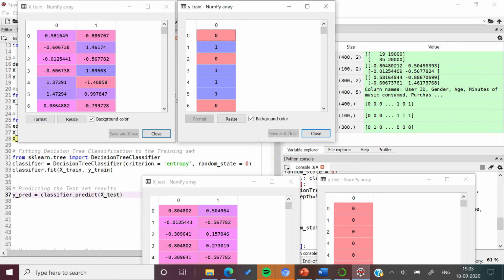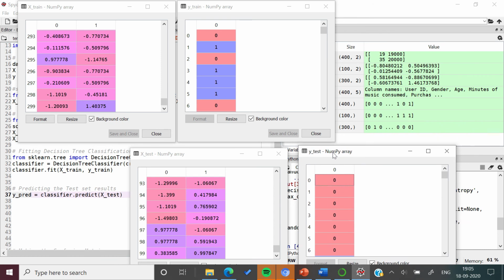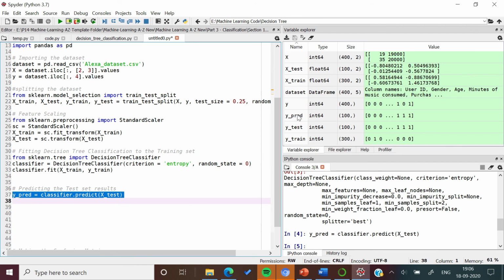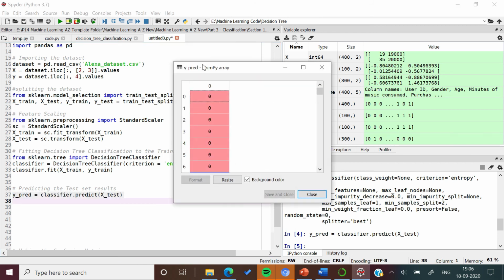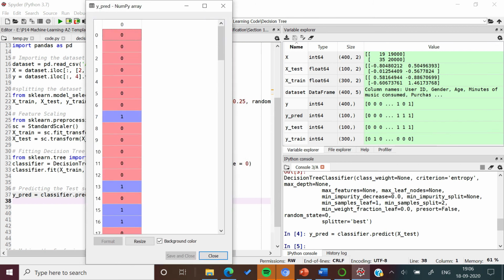So you can further understand that we have fitted our model over xtrain and ytrain on 300 records. Now we are going to make predictions over test data which contain 100 records of dependent variables. These predicted values will be stored in ypredict. Then these predicted values of ypredict can be compared with ytest to evaluate the accuracy of our model. So let us execute this code to create ypredict. So you can see that ypredict has been created. These are the predictions for 100 records which are made by this decision tree classifier.